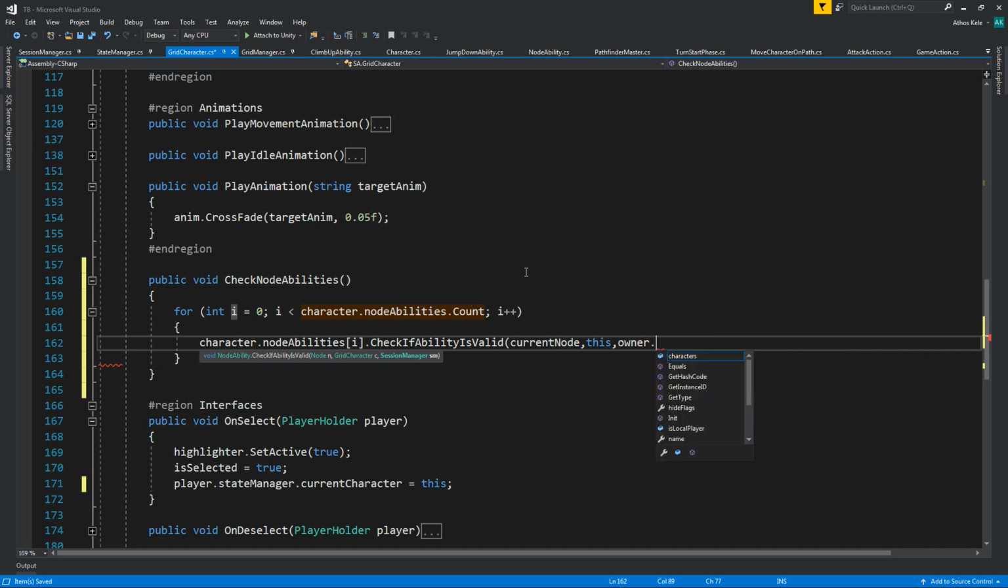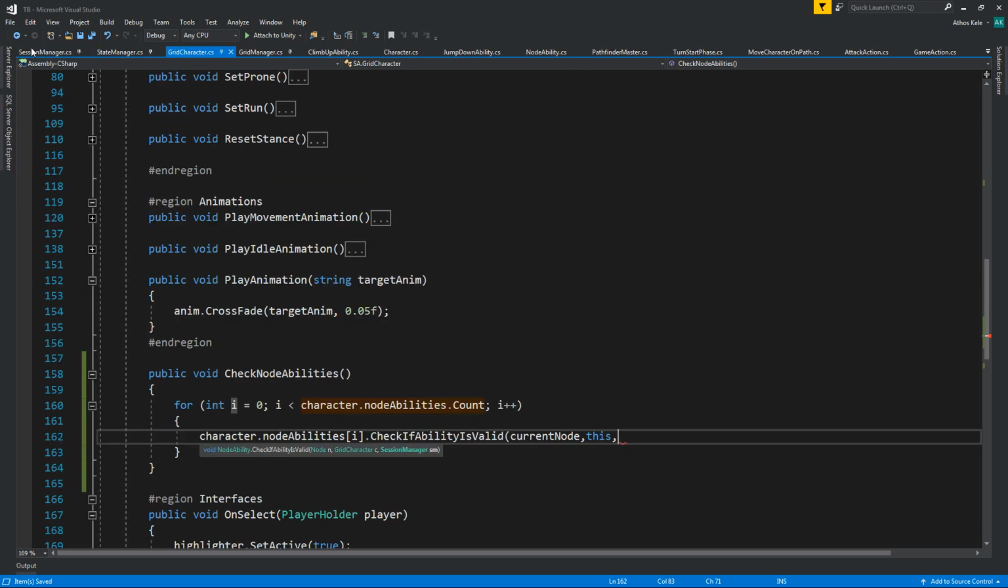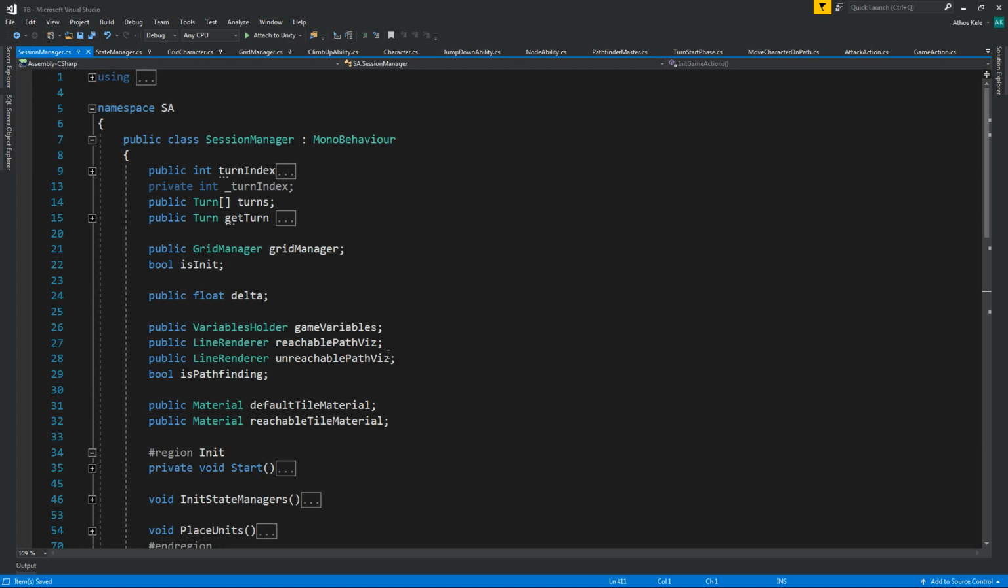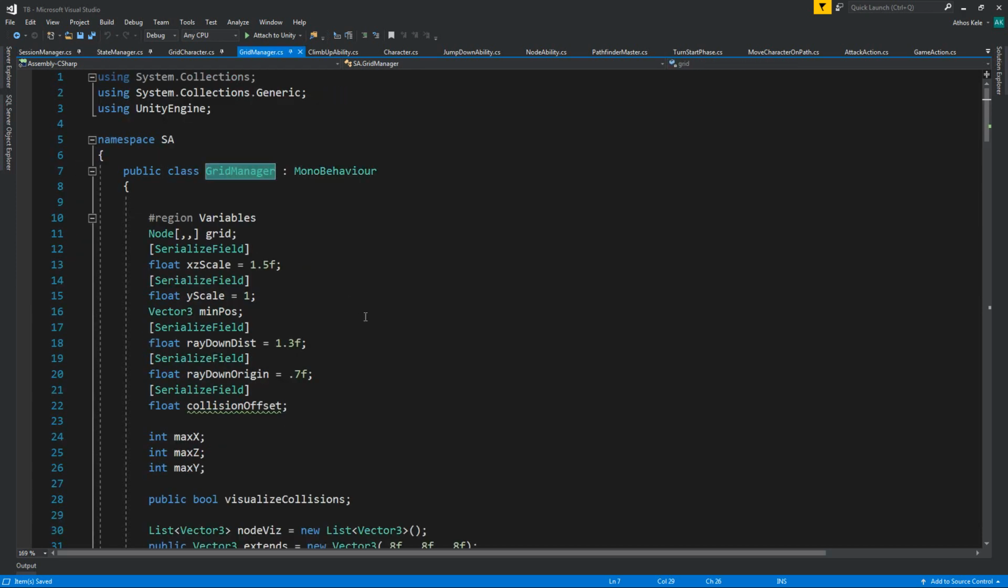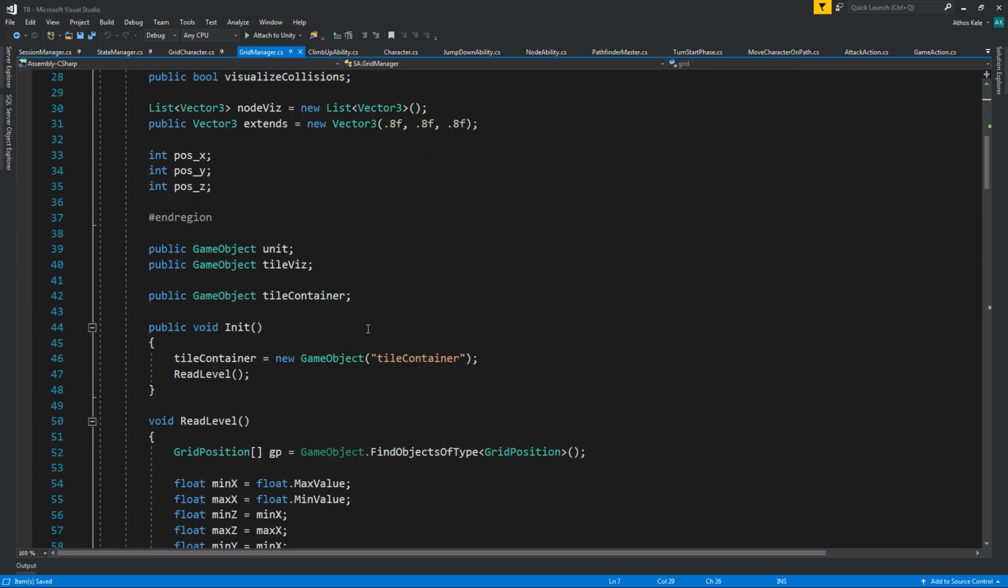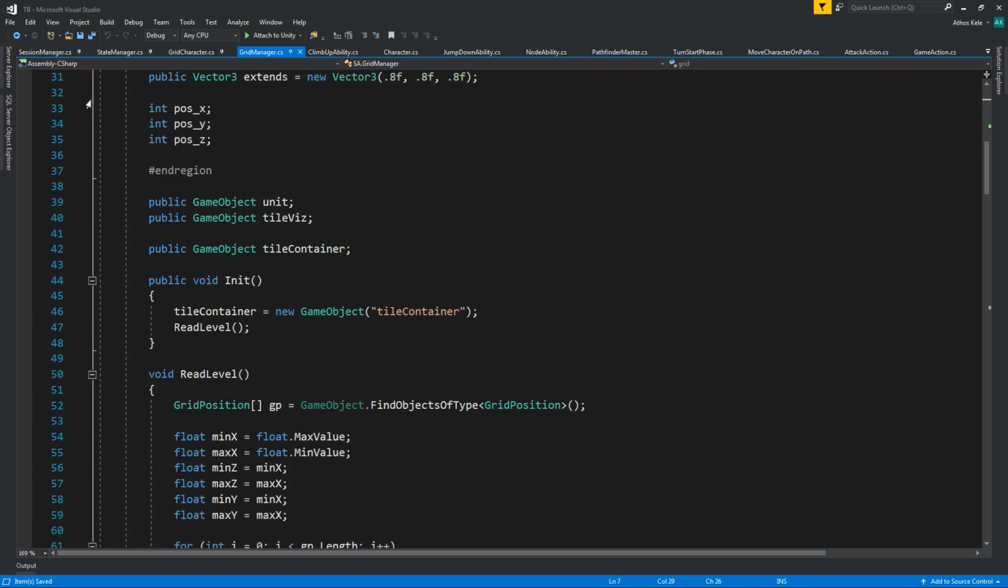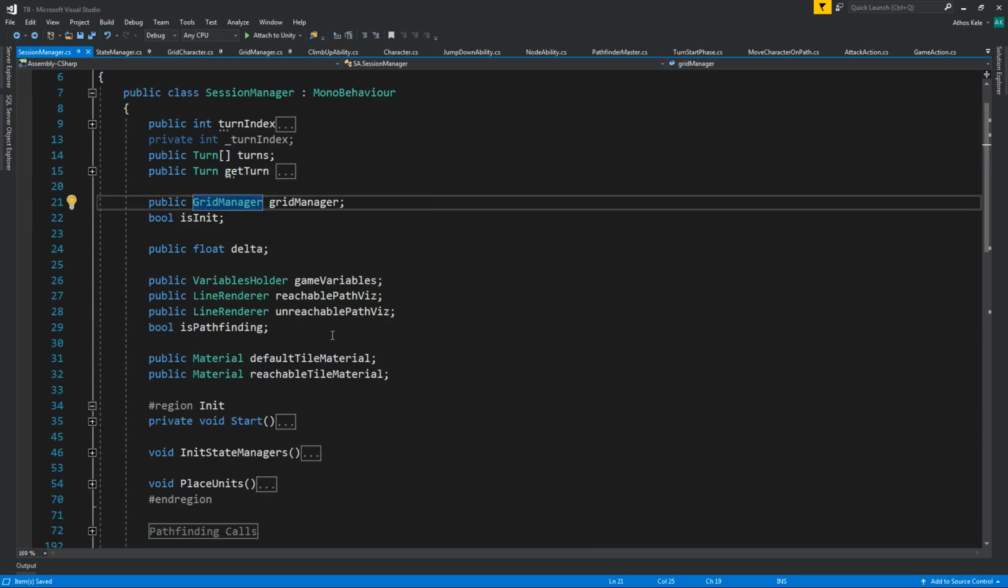Let's see, do we have the owner? Have the session manager? No. State manager? Session manager? No. Damn it. Yeah, so we can run this over here. Is the grid manager a singleton though? It's not. Okay, well,